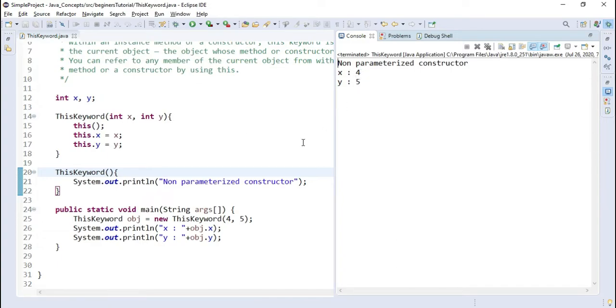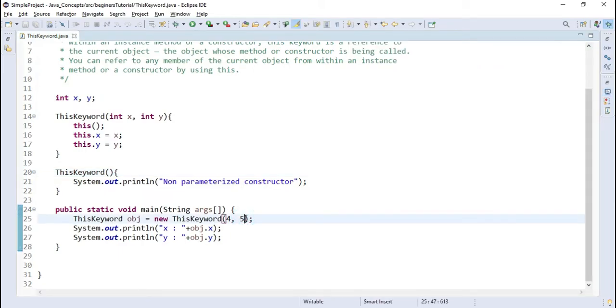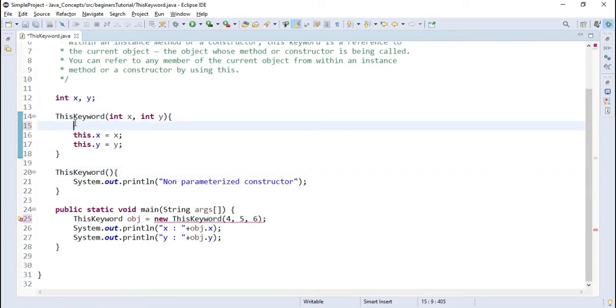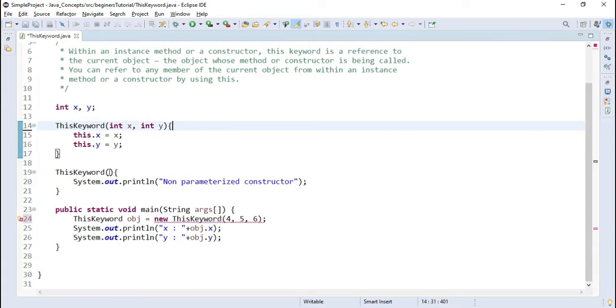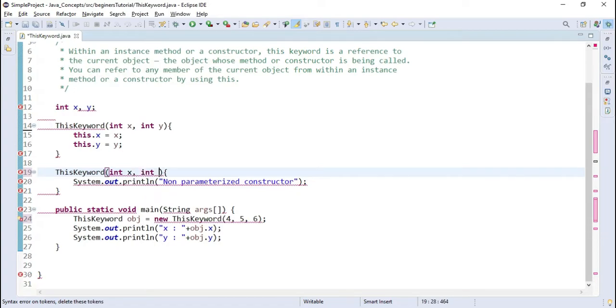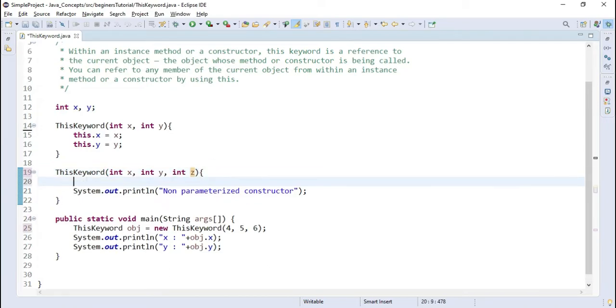and then we got the output of x and y. If we change our requirement a little bit, like this time I wanted to pass three arguments, and I wanted to initialize two arguments with the help of this constructor and the third one in our this constructor, we can do that by simply changing a few things in our non-parameterized constructor. Now this will also be a parameterized constructor which will be taking three parameters. So you do not need to write these lines again.